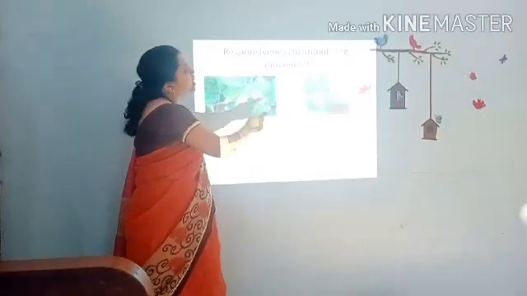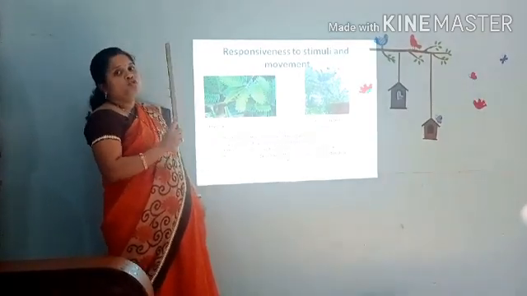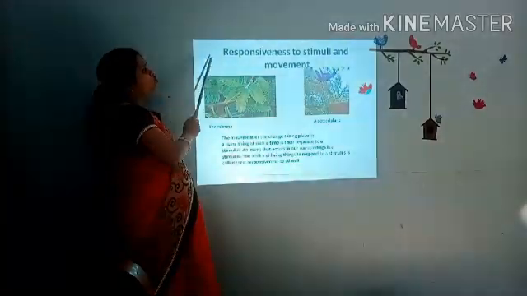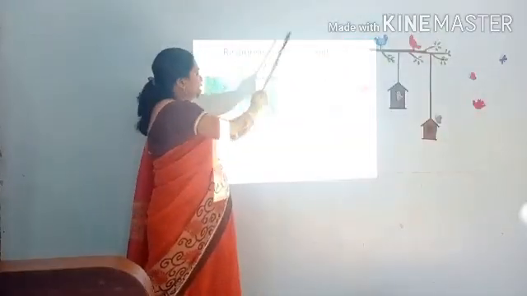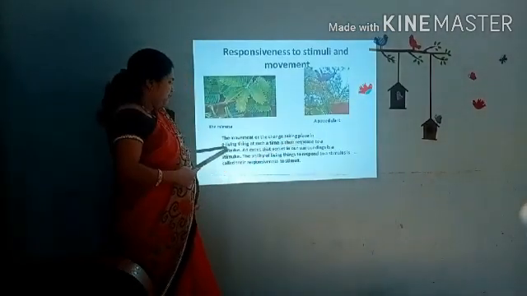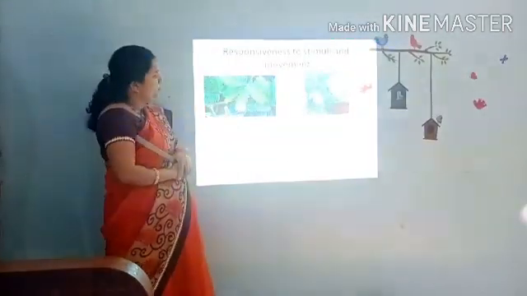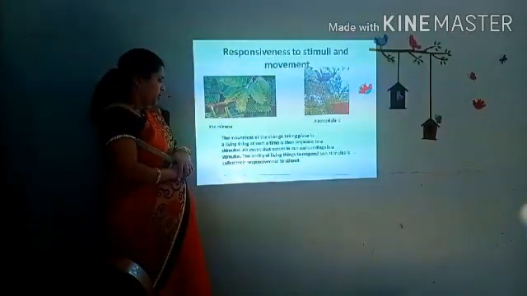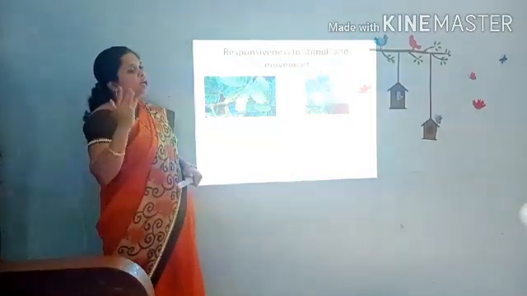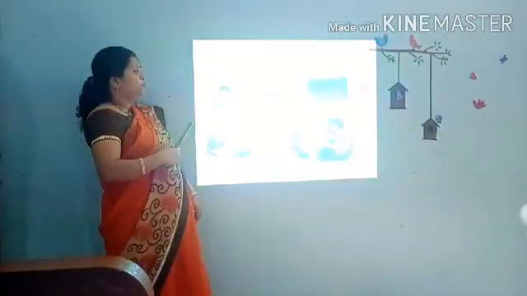In a potted plant, they grow towards the sunlight. That is the response shown by the plants to the sunlight. So like this, you can show responsiveness to stimuli, and movements take place in them. The movements or the change taking place in living things at such time is the response to stimuli, and an event that occurs in our surroundings is a stimulus, and the ability of a living thing to respond to stimuli is called responsiveness to stimuli. So this is an important characteristic.